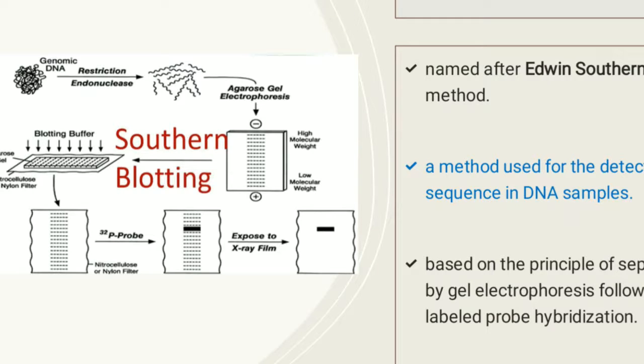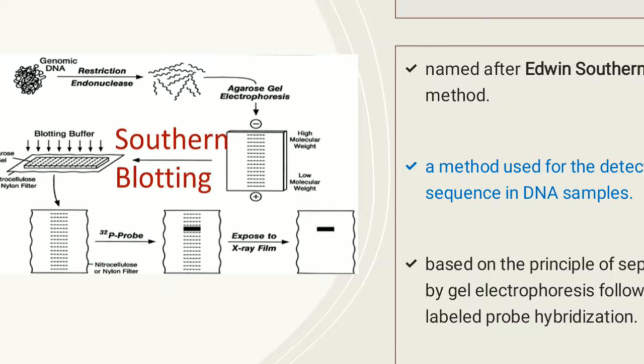will create a capillary pressure, due to which the blotting buffer will move from the sponge to the gel, and then to the nitrocellulose membrane, and then to the paper towel. So how is the DNA transferred from the gel to the nitrocellulose filter paper? The blotting buffer, while moving from the gel to the nitrocellulose filter paper, will take the DNA bands along with it,